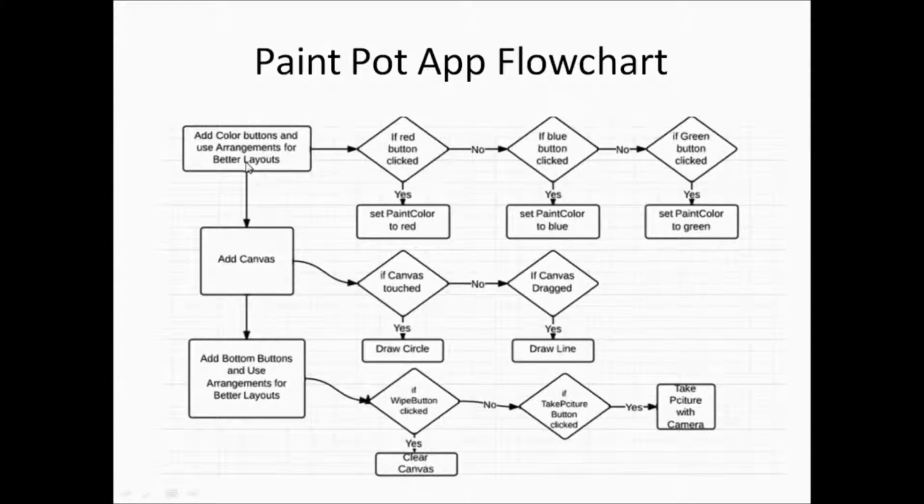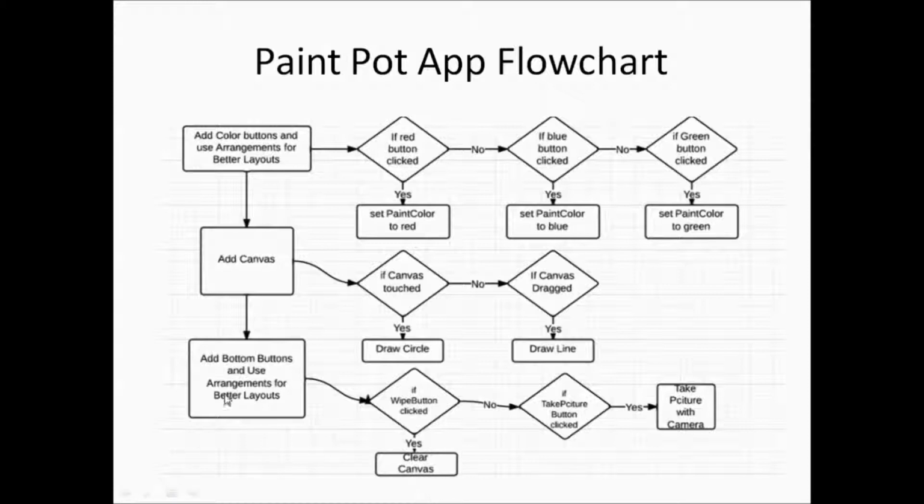And also we're going to use horizontal alignment, so that we can align the command buttons in a better way and not in the default way. We're also going to introduce the concept of canvas. So what exactly happens within the canvas? According to this app, if we touch the canvas, it means we're going to draw a circle. We're going to be writing the code for that. As well as if we drag on the canvas, we're going to draw a straight line. Similarly, we're going to write the code for that as well.